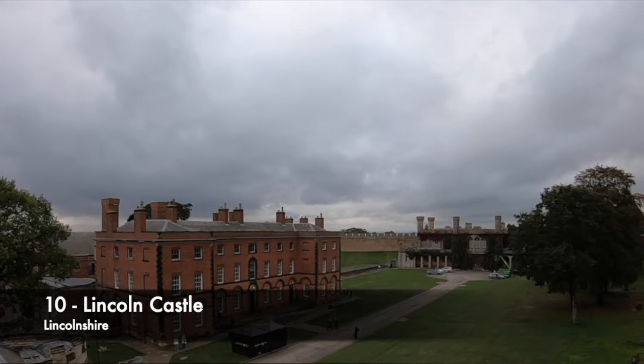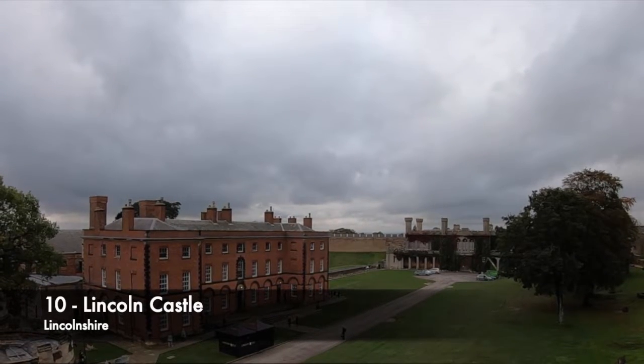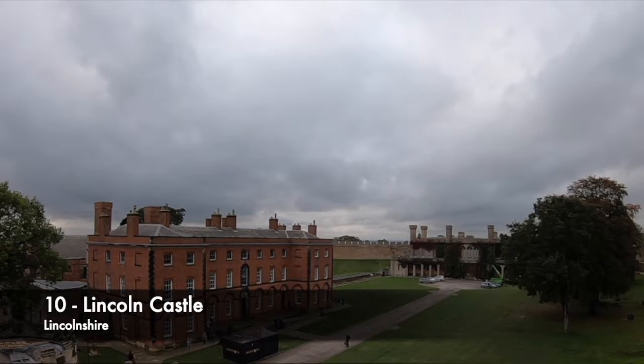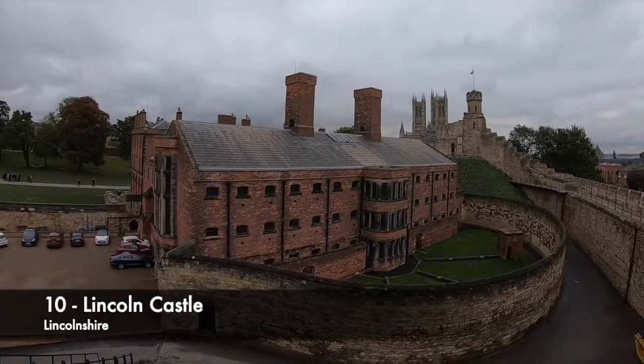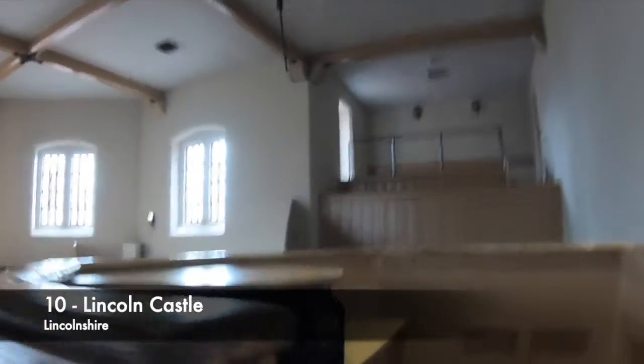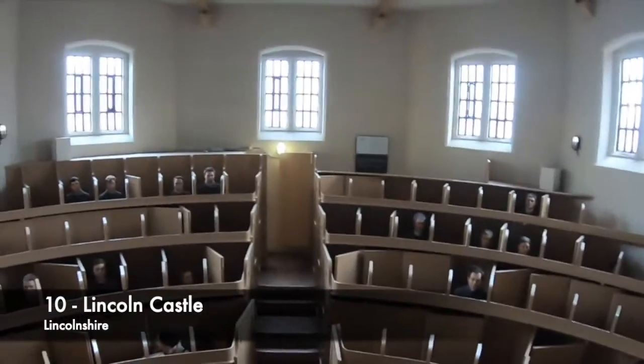Inside the walls you have a remarkable castle, which is one of only 2 castles in England to feature 2 mottes. Also present is the remarkable Victorian and Georgian prisons. Once inside, you can walk in the footsteps of murderers and criminals, exploring your way around a separate system of prison management. The prison chapel here perfectly shows the point of the separate system in which all prisoners would remain